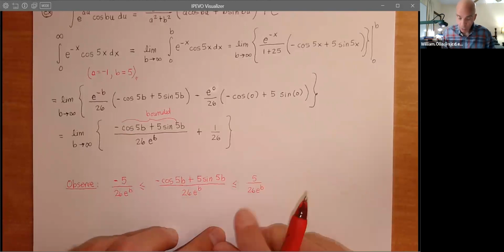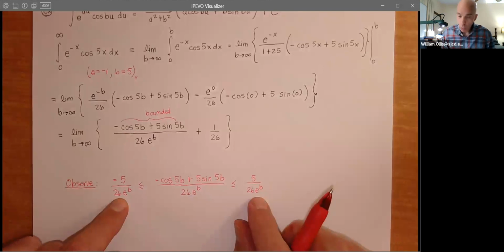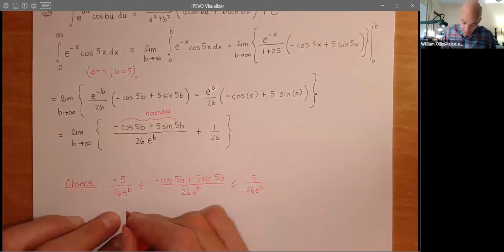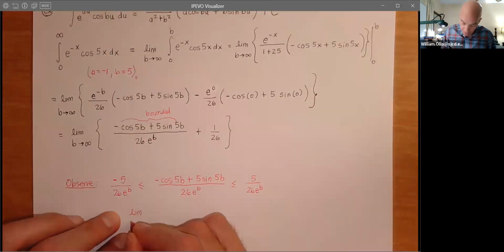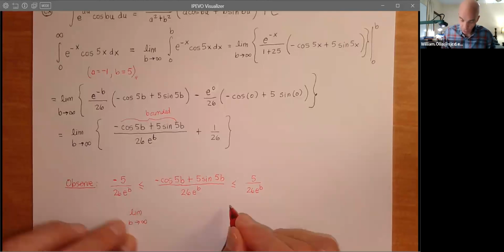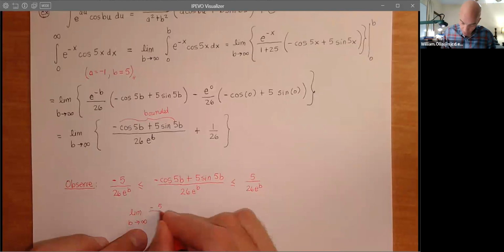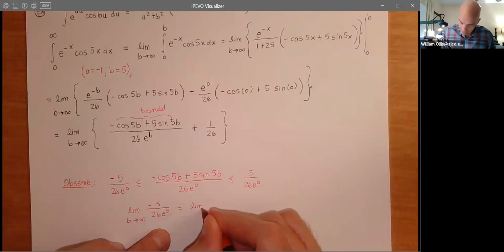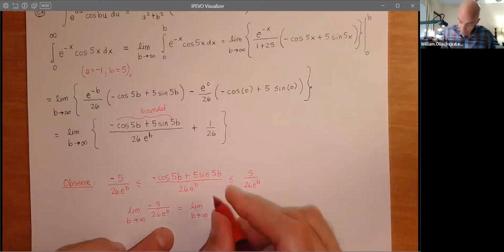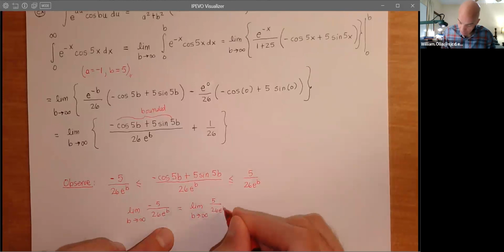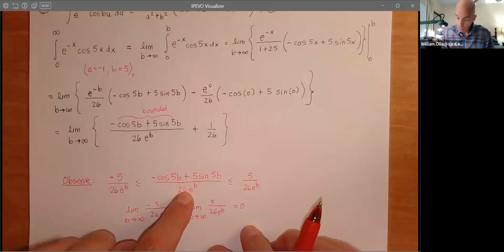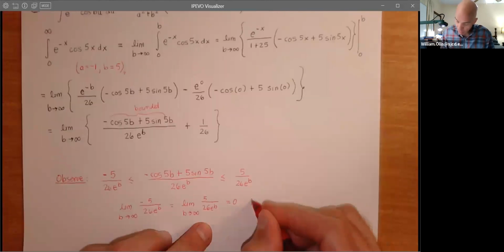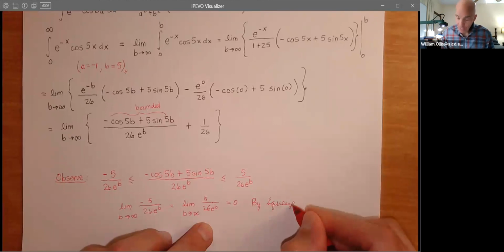But that's easy, because now we just see that both of these terms will converge to 0 as b passes to infinity. So we basically have a constant divided by infinity. And so the limit as b tends to infinity, this is kind of the little sidebar you do, of negative 5 over 26 e to the b, or I could just do e to the b and be done with this, but I'll write it out. As b approaches infinity of 5 over 26 e to the b, these are both 0. And so by the squeeze theorem, this must also be 0. So by squeeze theorem,